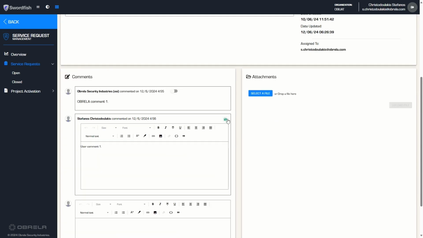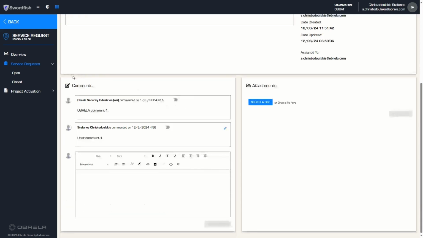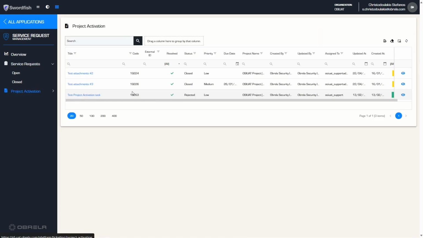The third and final section, Project Activation, works like the previous section but displays all tickets created by Umbrella that reflect the onboarding process of a customer as part of the contract agreement. Users cannot create a service request of this category. If Umbrella needs information related to a step of the onboarding process of a customer, a task will be created and then appear in the group tasks.